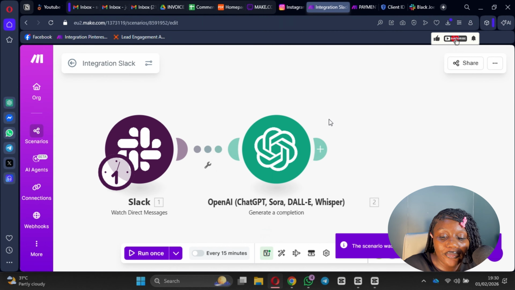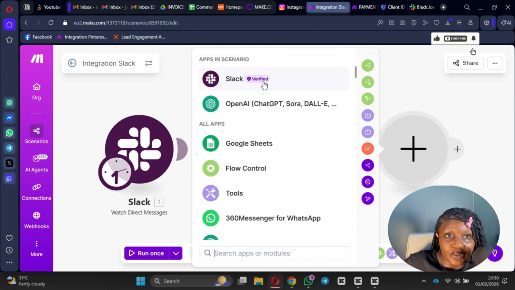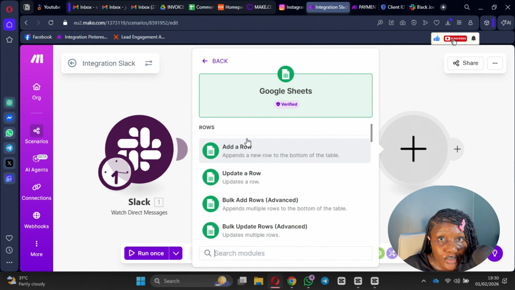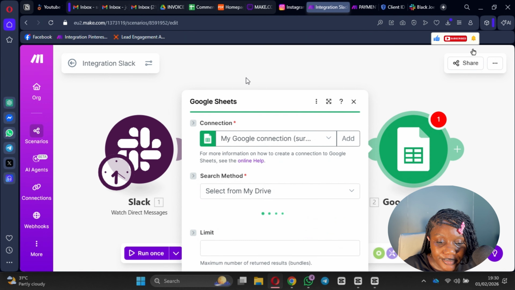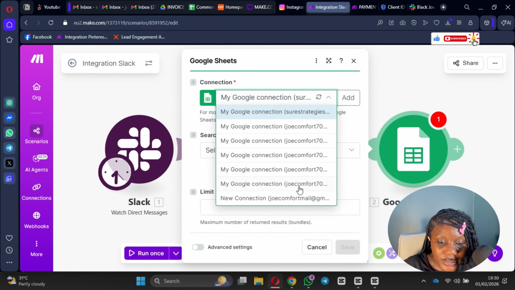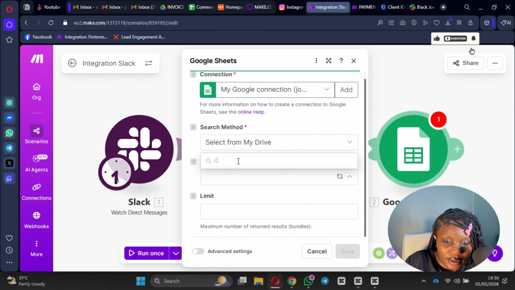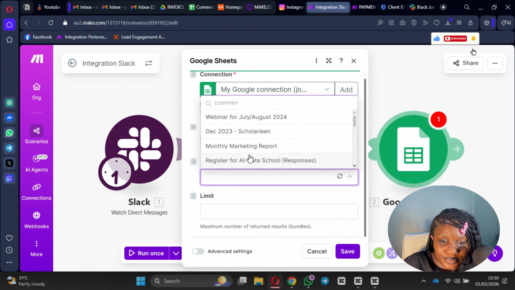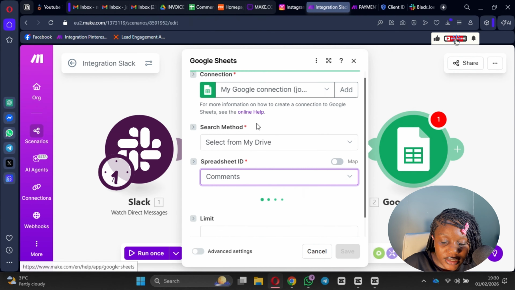Next thing I want to have will be the search module, which is going to search, like I said, once it gets the customer's name, our database for that customer so it can update the customer details. So we'll search for the row that has that particular name. So of course you establish a connection. As always, my spreadsheet is comment. So you click this,